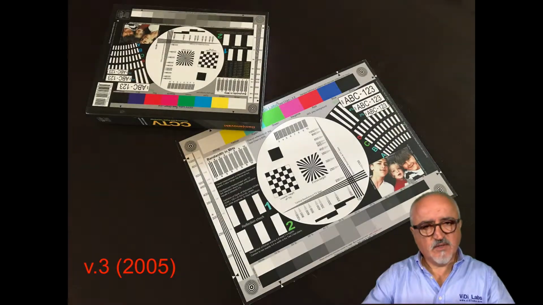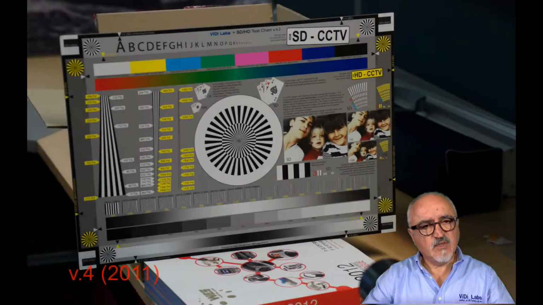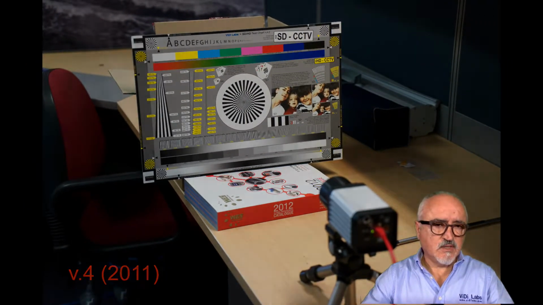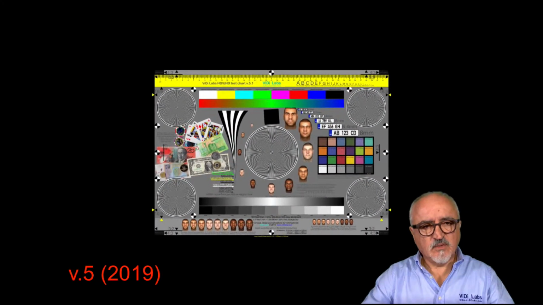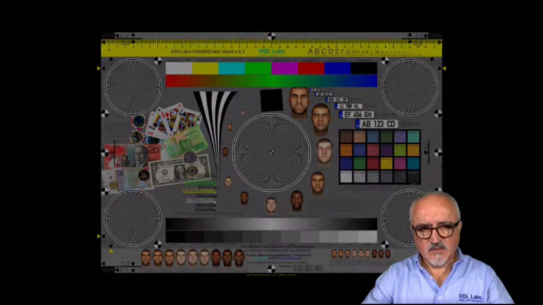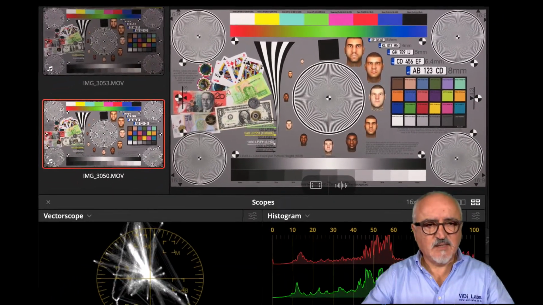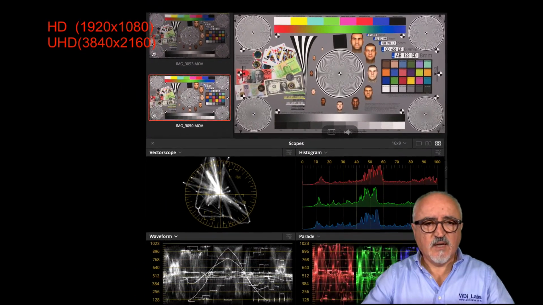Testing cameras without a reference test chart is not professional, to say the least, and inconclusive of the camera's real qualities. The ViDiLabs HD UHD test chart version 5.1 is designed as a completely new test chart, which includes many parameters to help you evaluate modern IP cameras' qualities, from high definition of 1920 by 1080 pixels to ultra high definition, also known as 4K, of